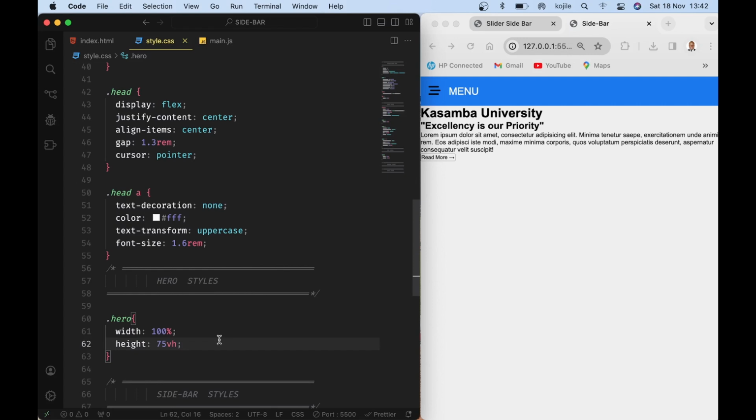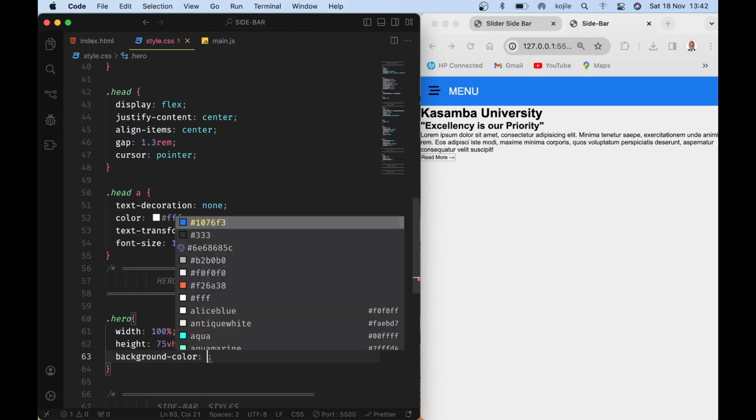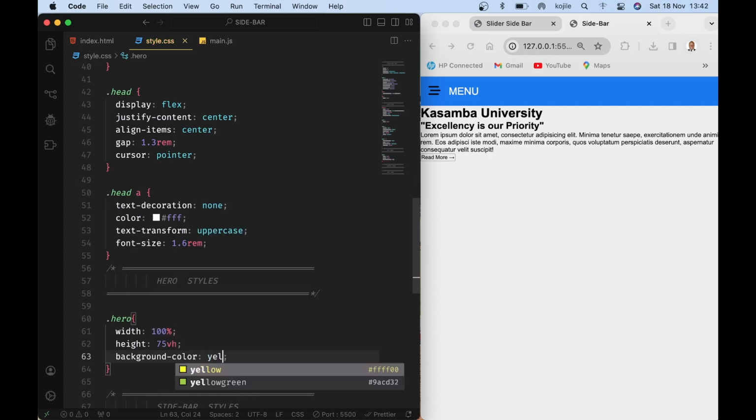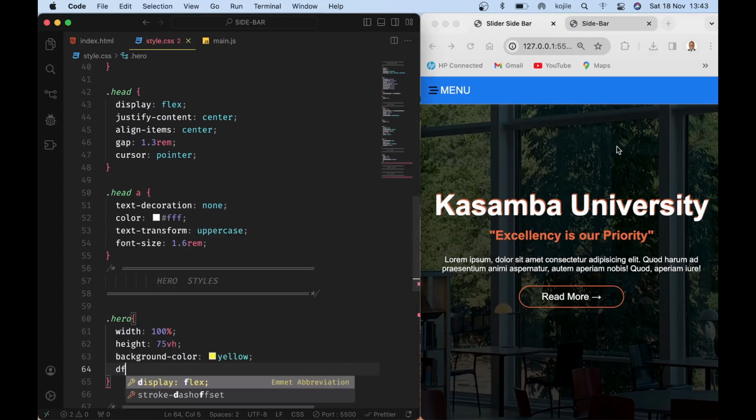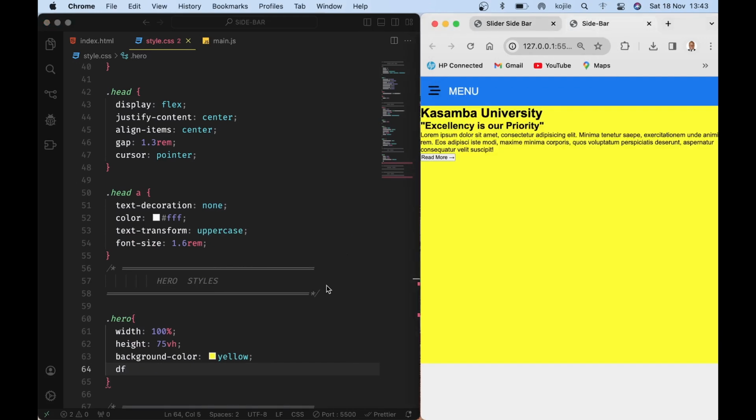and of course we cannot see it clearly because I have not given it any color. So background color, I can say yellow maybe. Yeah, so that is 75% of this. Now I want to center everything to look like this exactly, so we can use flexbox here. Let's have that page open, display flex,